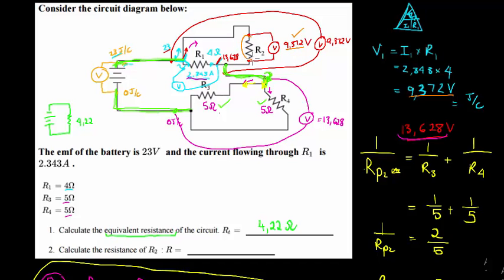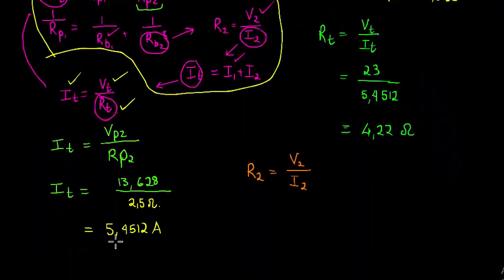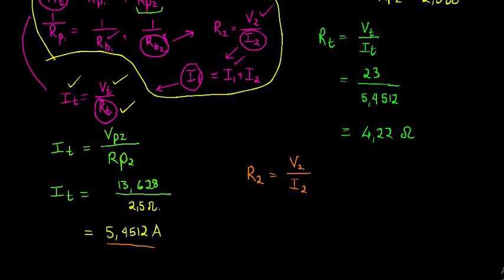But getting the current I2 is very easy now, because we have the current I1 and we know that the current split up. We got the total current, we just calculated it in the previous question. There's the total current, and so all we can do now is take that